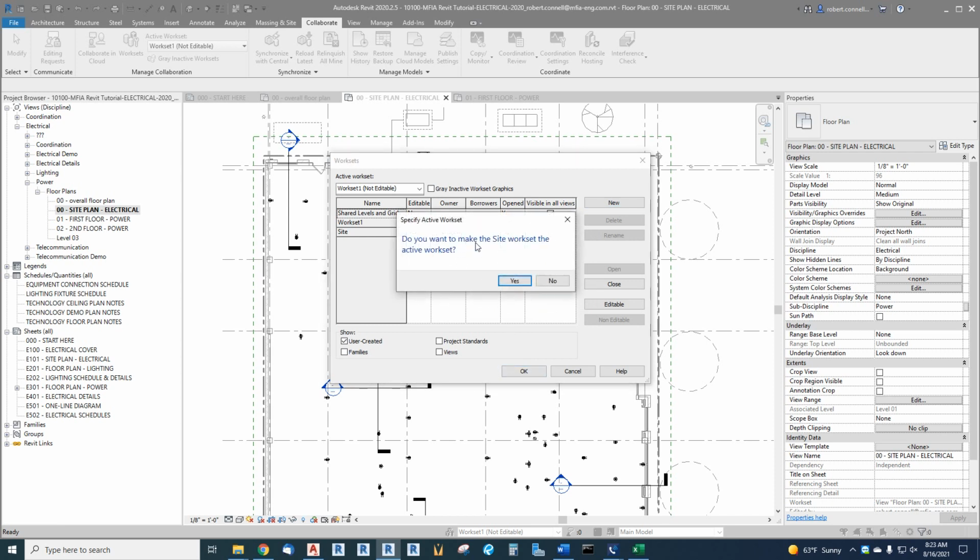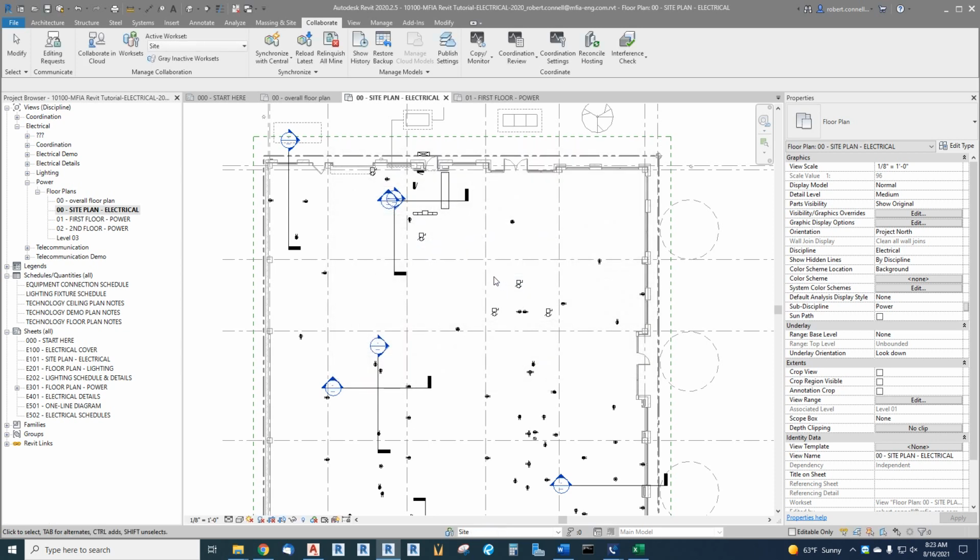Now, do I want to make the site work set the active work set, the one I'm currently working on? Let's go ahead and say yes, because I'm going to be drawing some things or adding some things in that work set. So this tells you now what your active work set is down at the bottom here. We're actively working on the site. If I were to start adding devices inside the building, they would be on the site work set, and